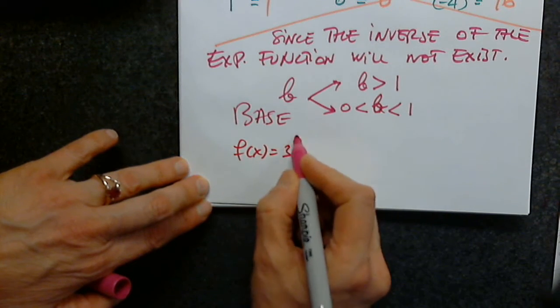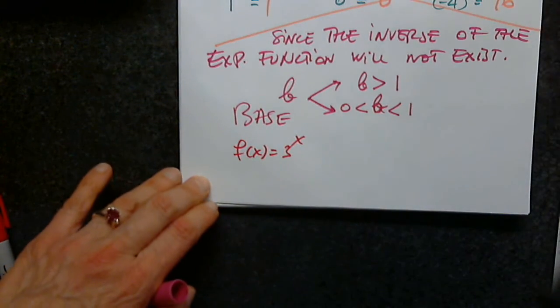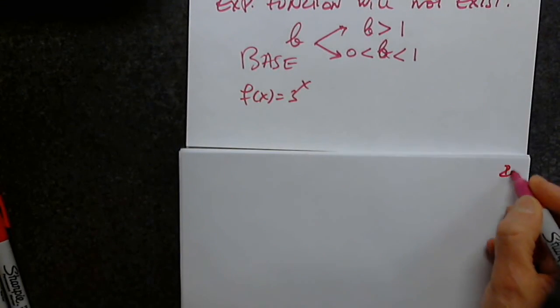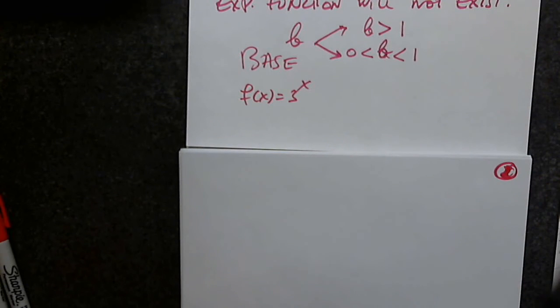f of x equals 3 to the x. Good. Now we're talking about the exponent. I know there are functions that are not friendly, and I know one, which is the square root. Not friendly, because the quantity under the square root must be greater than or equal to